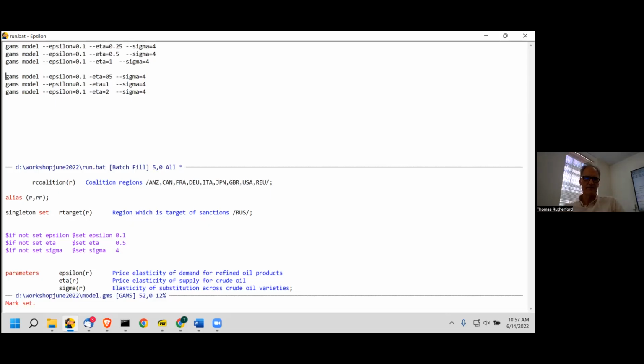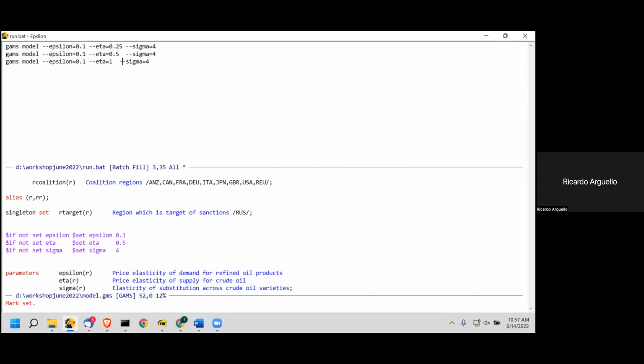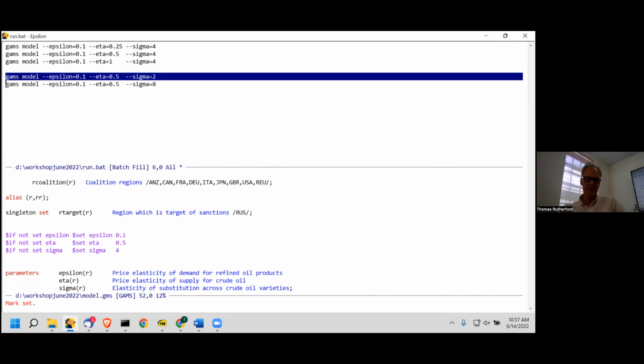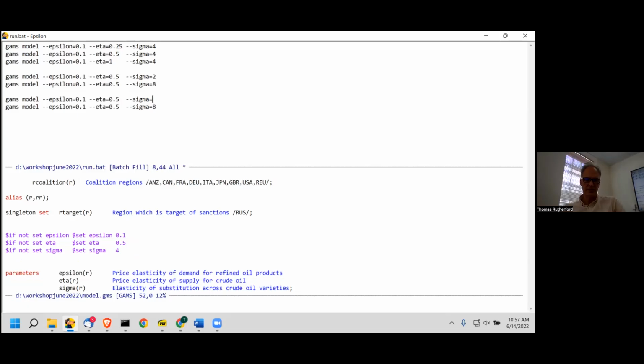Okay, so that's the same. So this guy goes like this, and this guy eta is equal to 0.25. Now basically I'm going to just do piecemeal sensitivity analysis for these guys. I'm going to say this guy eta is equal to 2, and eta is equal to 8, or sigma equal to 2, and sigma equal to 8. I go down here and I'm going to say this guy is equal to 4, and this guy will be equal to 0.1 was the elasticity, 0.2,